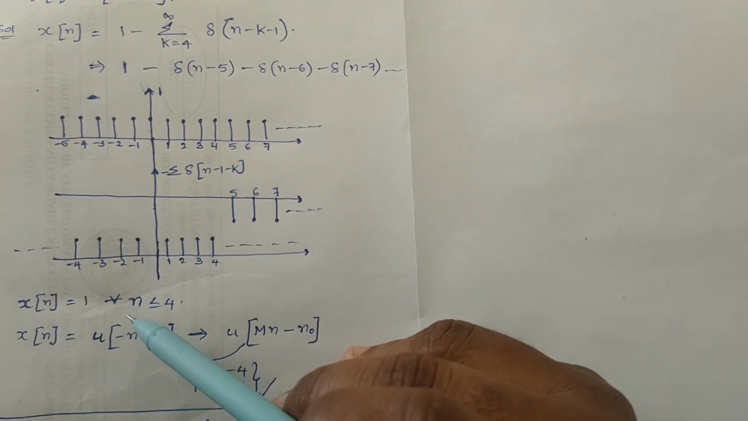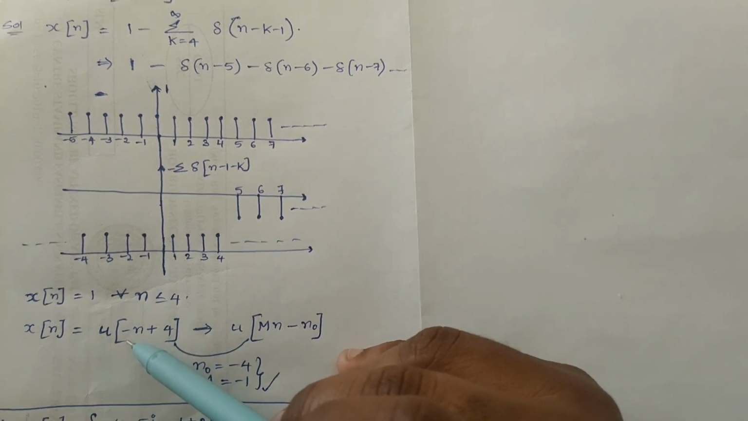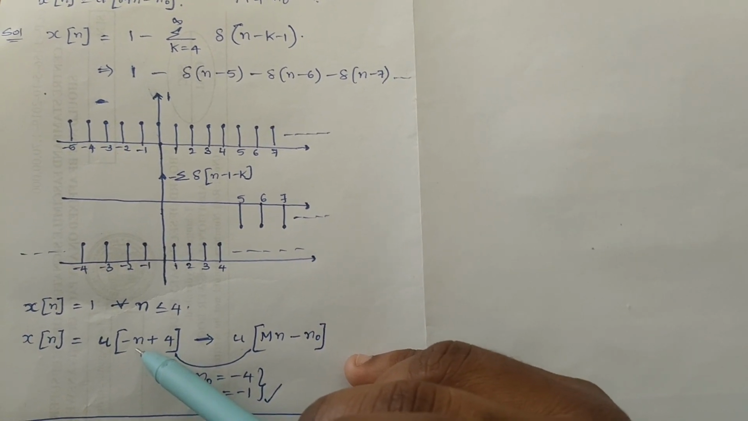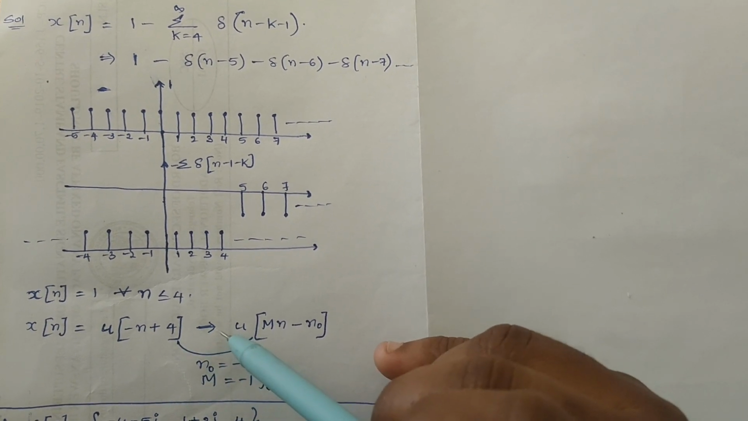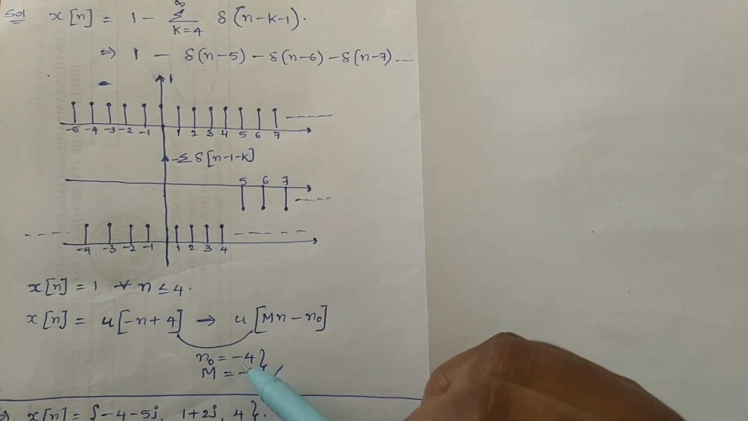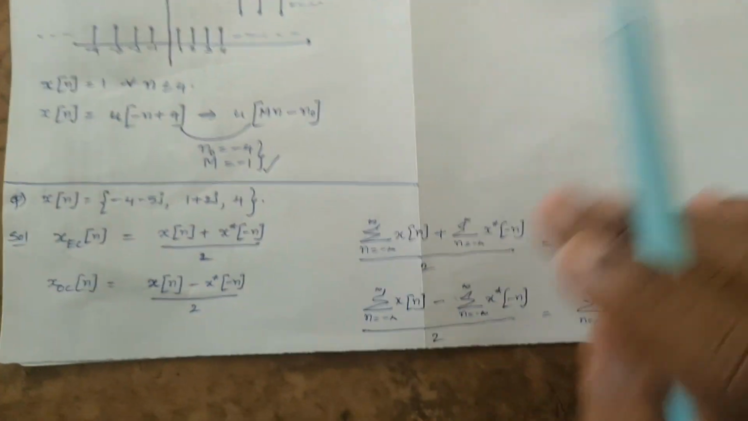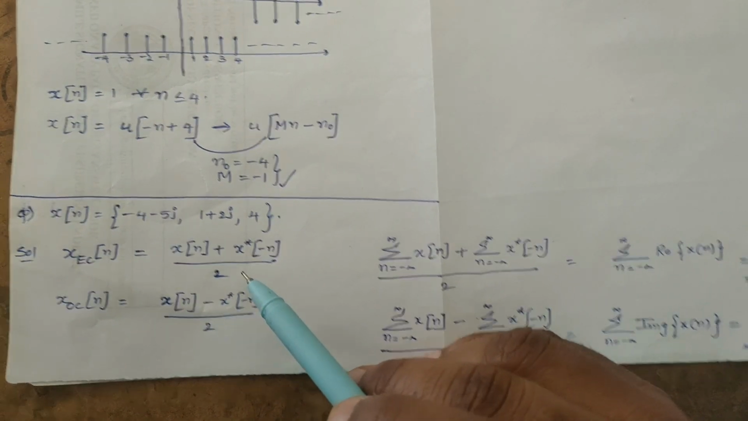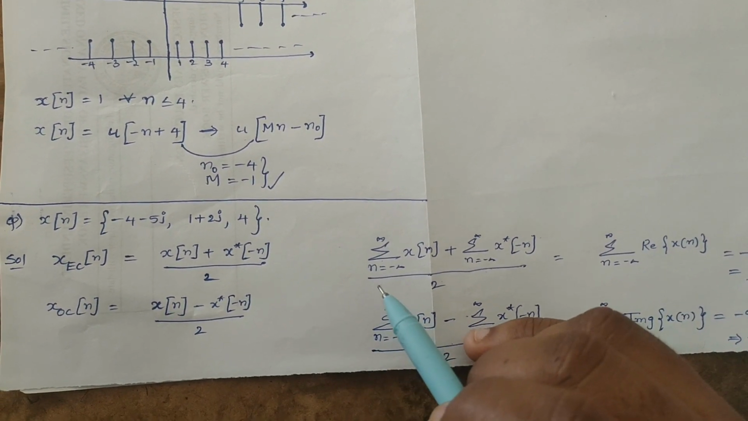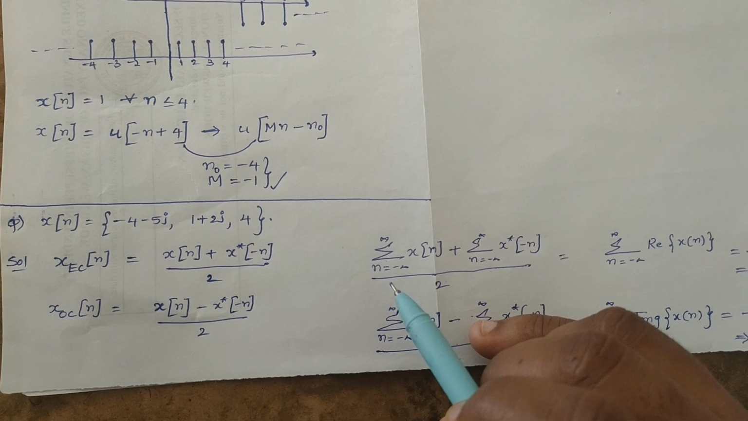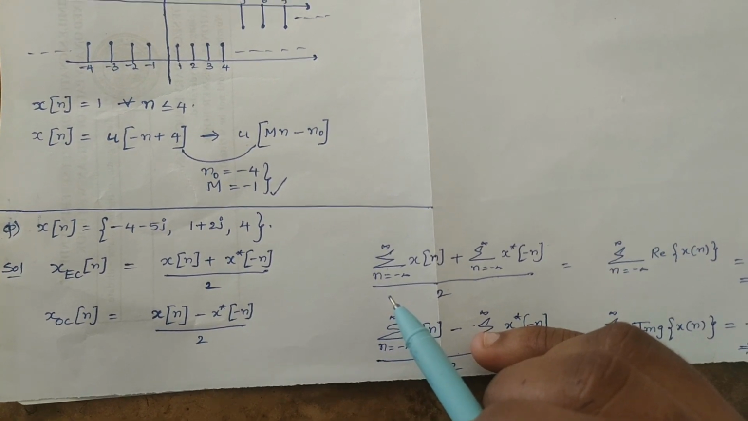Mathematically we can write it as x of n is equal to 1 for all n less than or equal to 4. We can represent it in unit step form as u of minus n plus 4. By comparing it with u of m n minus n naught, you will get n naught as minus 4 and m as minus 1. Next question, he has given x of n and he is saying to find the summation